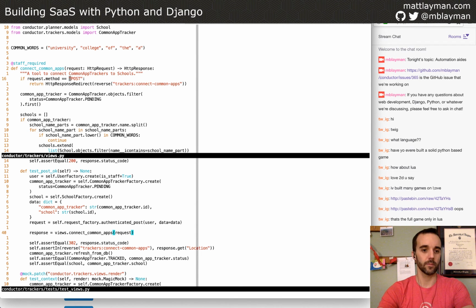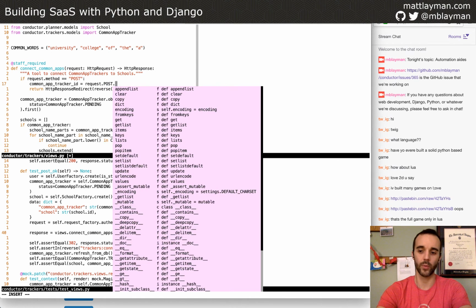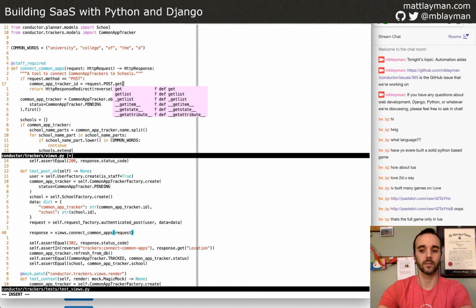We're going to come up here to the place where we need to make the change. And the first thing we're going to do is extract the Common App Tracker ID from the request. So the data for a request goes in a post, this post thing, and it's basically a dictionary.